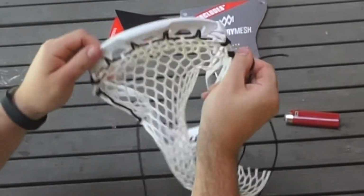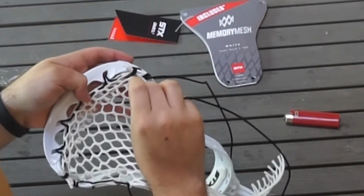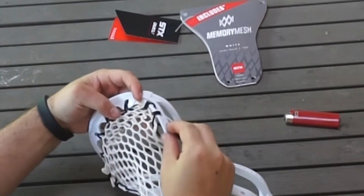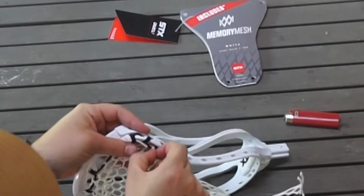Alright, so on the first one after this, we're going to do an SI into the next hole. So down through the mesh, through the sidewall hole right here. It's the fourth sidewall hole, I believe. Back up through the mesh, and we just want to make sure that we get it to lay the way